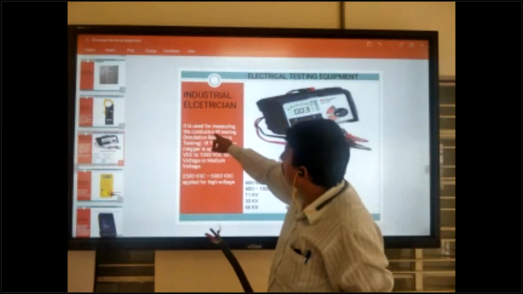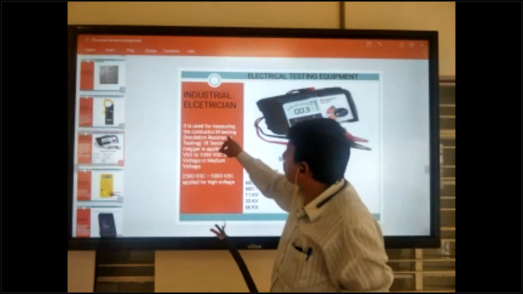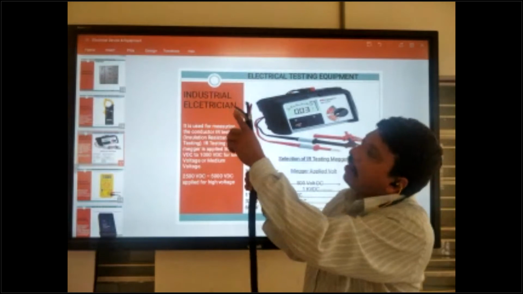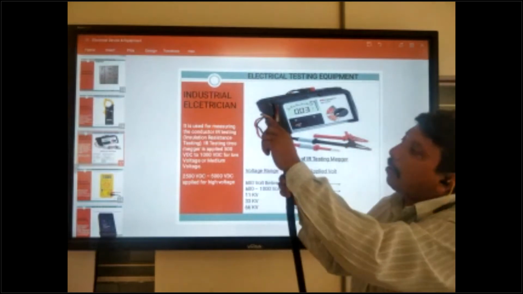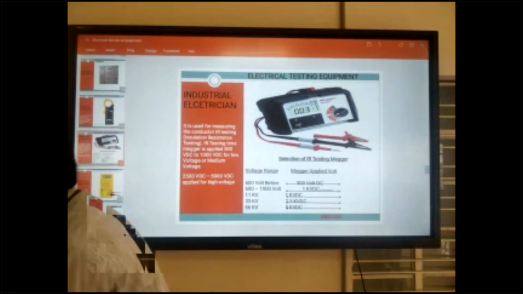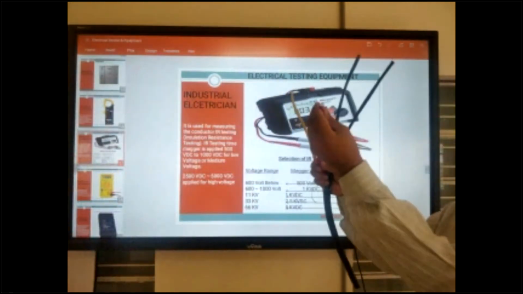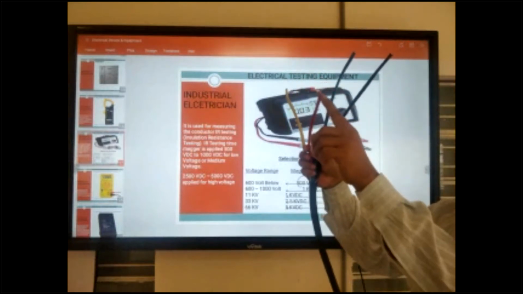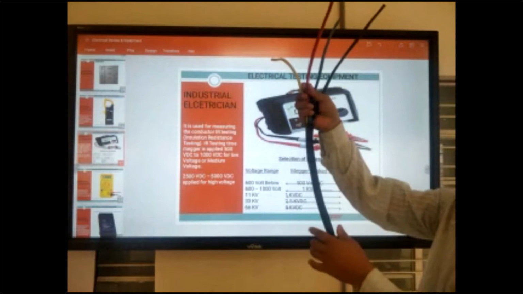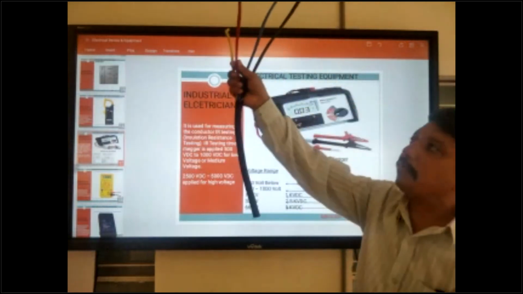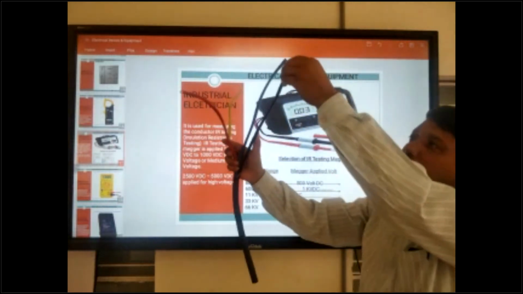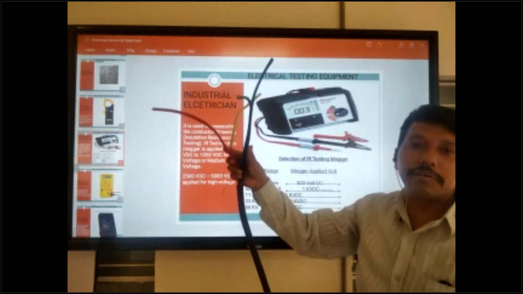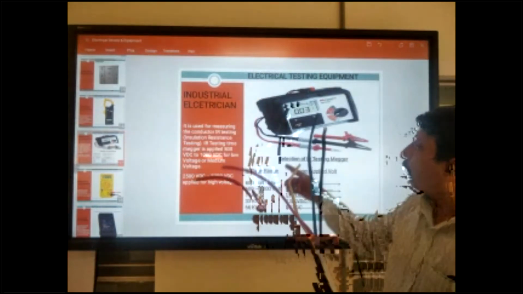This is the IR testing, insulation resistance testing. We test the outside insulation and also the inside insulation. The conductor inside has insulation also. So this is the conductor, with insulation inside and outside. We check both insulations. How much voltage is given there? This insulation should not be blasted, removed, or broken. That time we can use the megger.